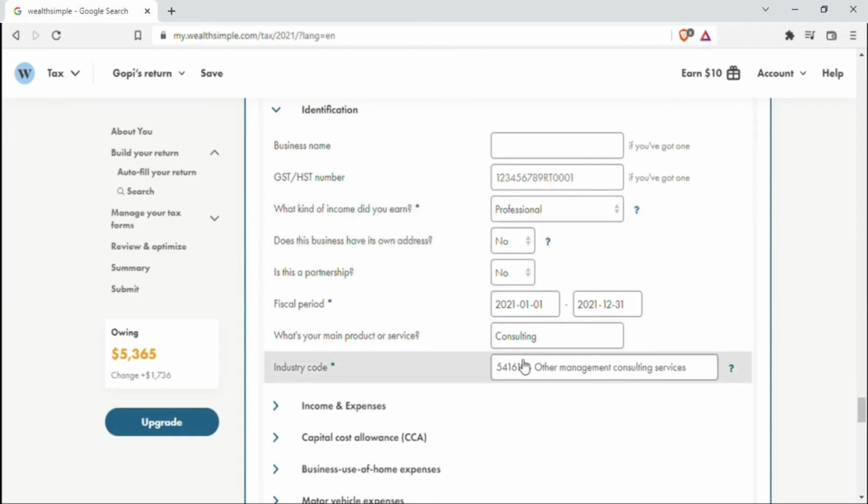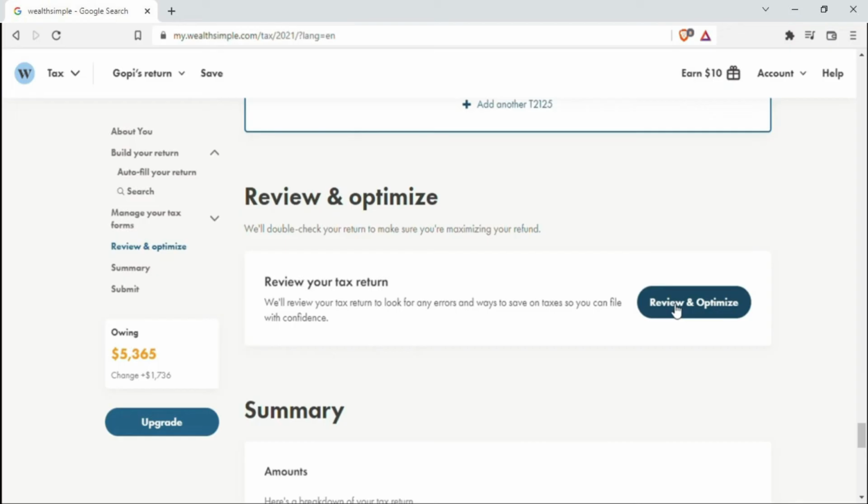Okay, so this is done. And once this is done, you see this has changed. So right now it's all negative and I will have to owe CRA. It shows here coming down. Now, when I click review and optimize, you'll see how Wealthsimple Tax prompts if I have any room for